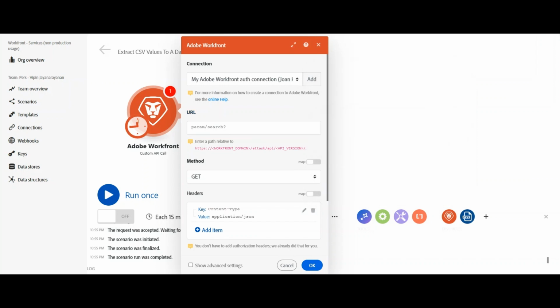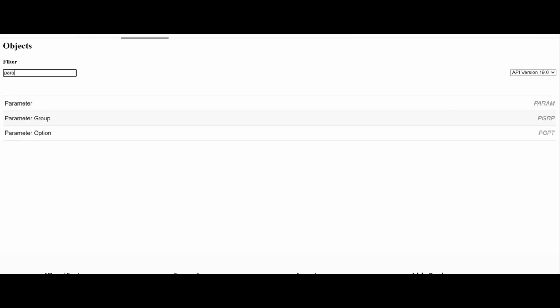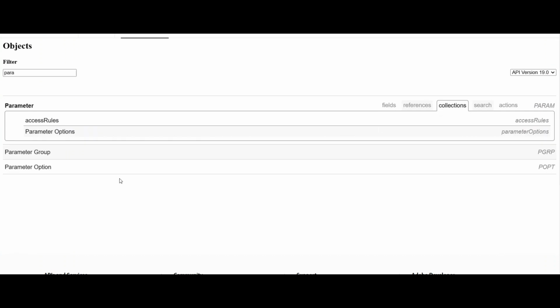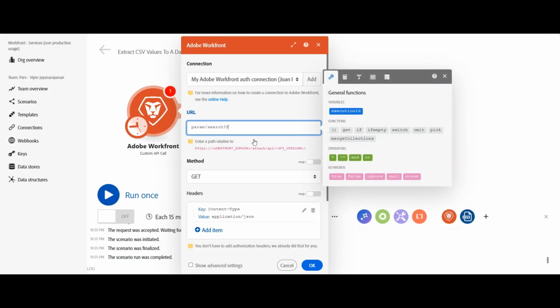So the drop down values, if we think about it, should be under collections, right? So let's click on this and let's click on collections, because it's kind of a child object, right? So it should come under collections if you think about it. So parameter options, right? This is what we need, parameter options. Okay, so fields equal to parameter